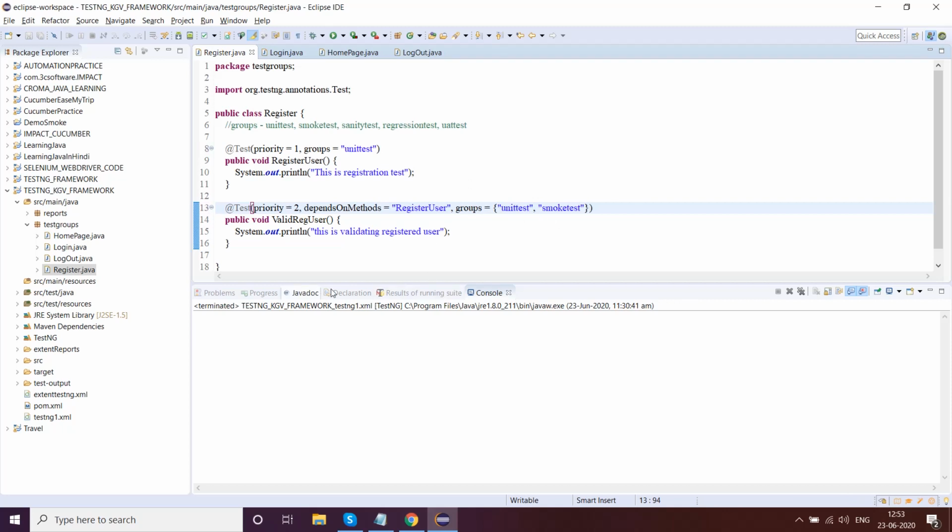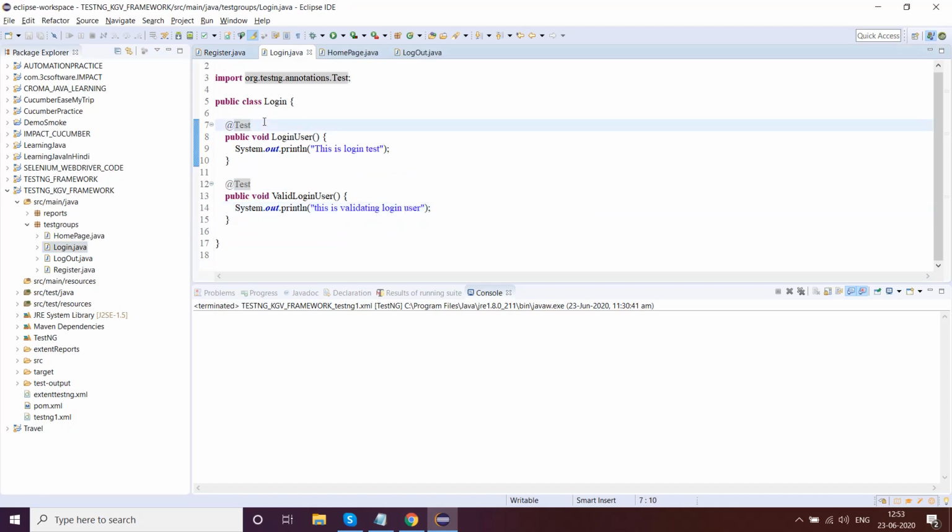Now let's go ahead to login test. Here also I'll give priority equals to 1, and groups equal to smoke test.